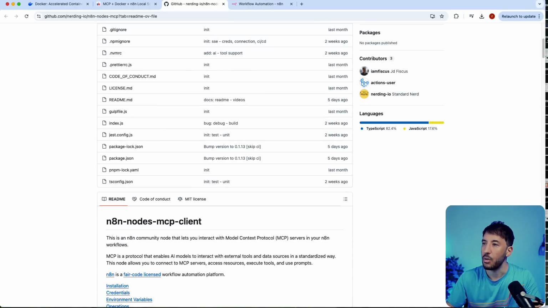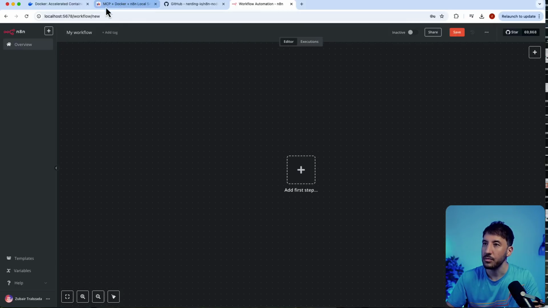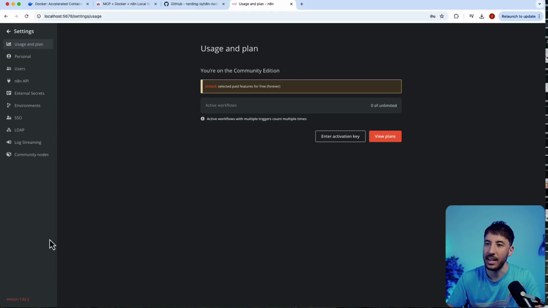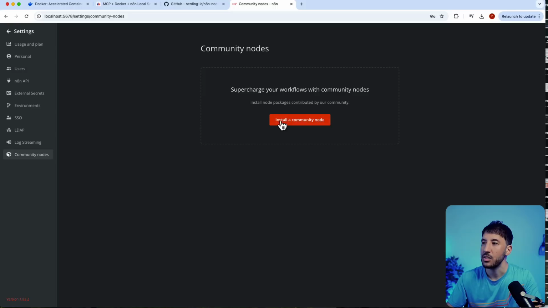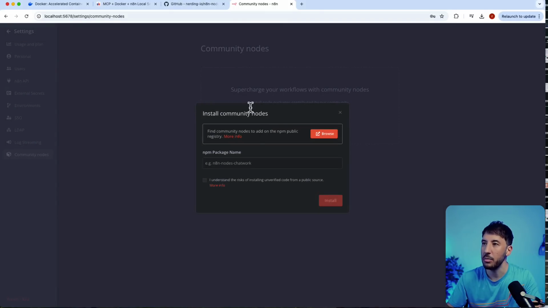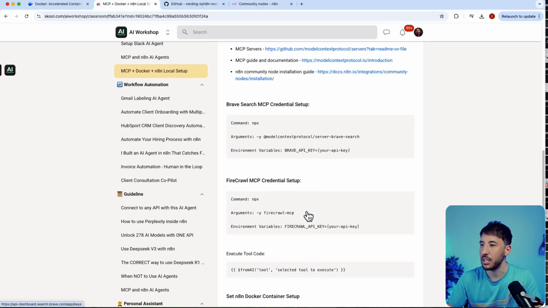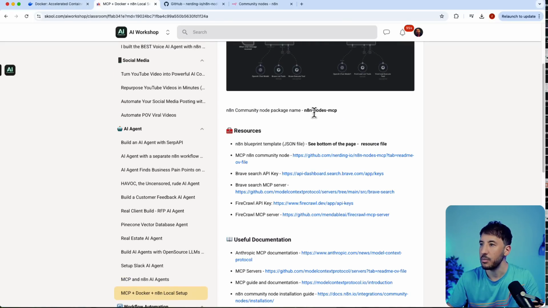So if I go to my n8n and click on these three dots next to your name, you're going to click on settings, and on the left-hand side you can see all the different settings that are available. At the bottom it says community nodes. Here you need to click on install community node, and the name for this particular node is the n8n community node package name. It's this one right here. So you're just going to copy this,